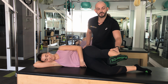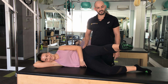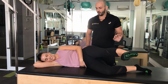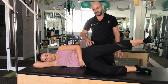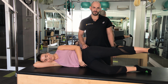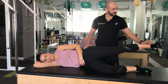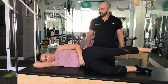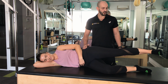And we're going to do little pumps up and down here for 10, 9, 8, 7, 6, 5, 4, 3, should be getting good, 2, 1, take it back a little bit, pause here, and little pumps up and down for 10, 9, should be feeling some nice warmth in the side of the hip here, 6, 5, 4, 3, 2, 1, and then bring this leg all the way back so it's in line with the body. So, yep, up and down here again for 10, 9, 8, 7, 6, 5, 4, 3, 2, 1,